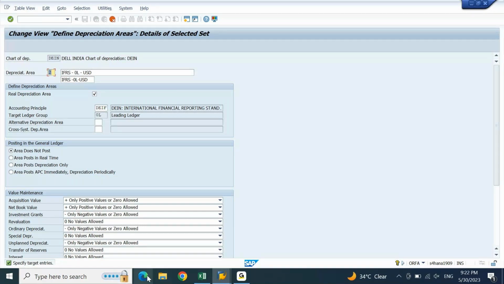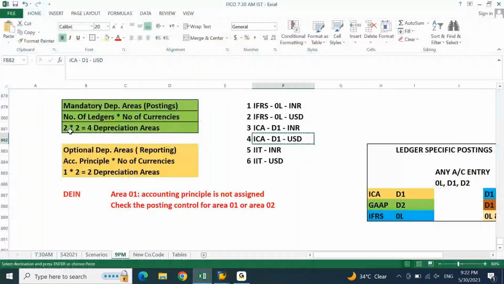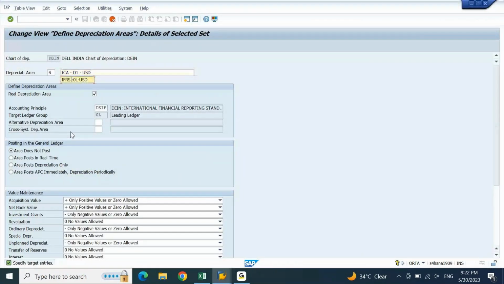ICA D1, sorry, not 0L. Yeah, this is the next one, which is your fourth one, ICA D1 dollar. This is also ICA D1 dollar.